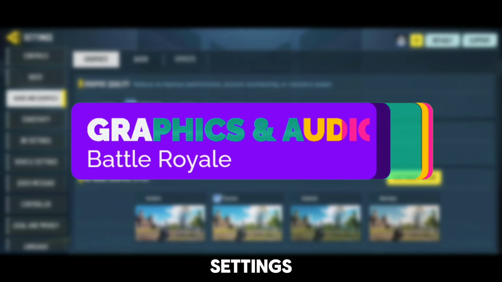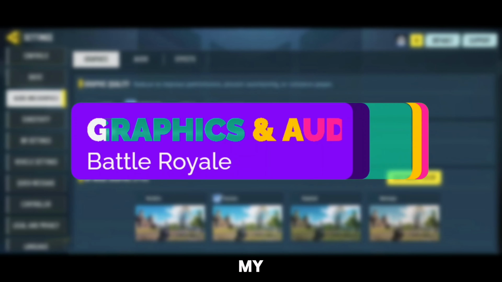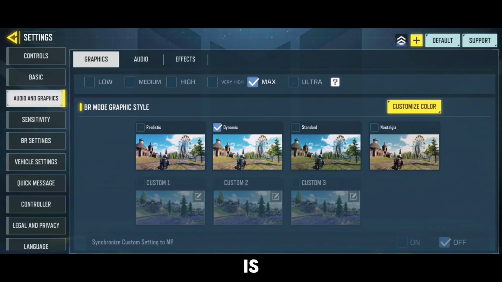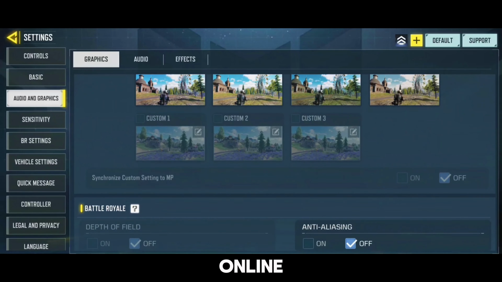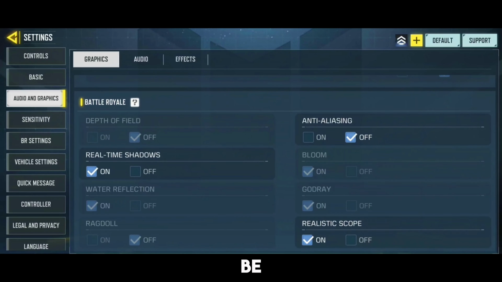In the graphics settings, I personally use the graphics quality on the medium option. Although my device has support for higher options, it gets slightly hotter on anything over medium quality, and the frame rate starts to drop pretty drastically once I play more than a few matches. For the frame rate option, I recommend you use the maximum setting every single time, as this is a first-person shooter/online battle royale. And for any online FPS title, the frame rate has to be the most important factor